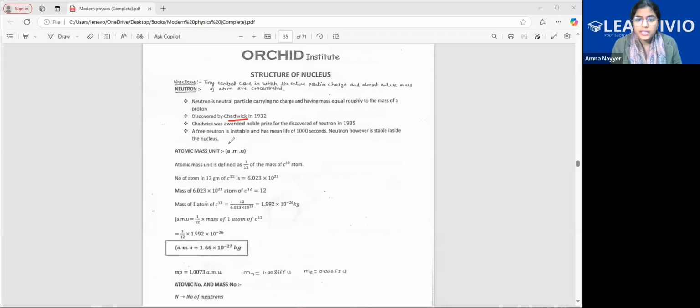That's all. This part on AMU is from your chemistry: what is 1 AMU equal to? Atomic mass unit, 1/12th of the mass of carbon. When this was equated with Avogadro's number and everything, we got the value of 1 AMU as 1.66 into 10 to the power minus 27 kgs. So if conversion is needed, you can use this. These three values I have told you, so remember these values.